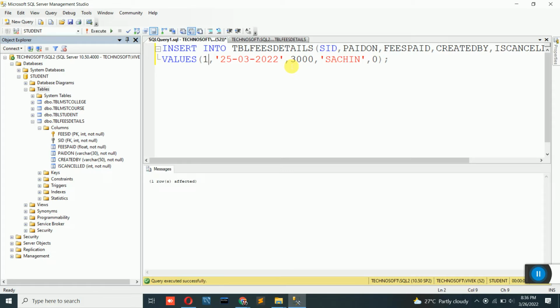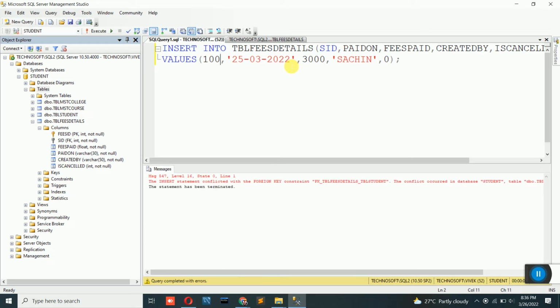Now suppose by mistake if I put 100, execute, it will give me an error. The error is because of the foreign key constraint. We don't have a student whose ID is 100 in this case. So the foreign key constraint holds true here, and it will not allow you to enter such invalid data. So let me add some more data, because the more data we have, it will be nice to execute